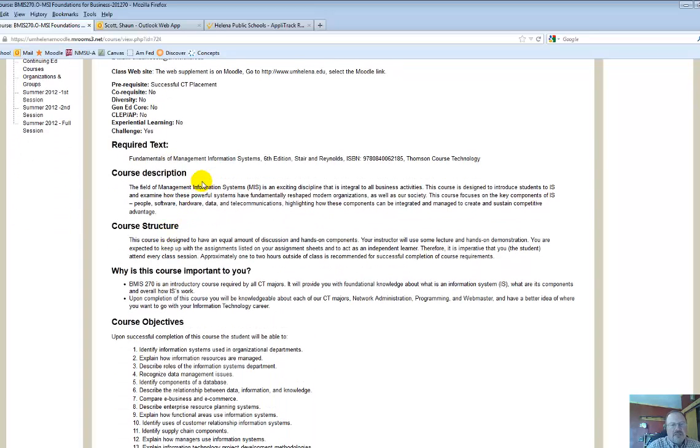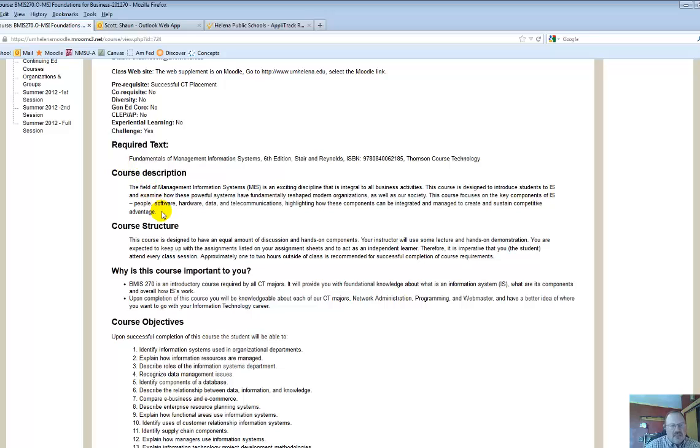The required text is Fundamentals of Information Systems by Starr & Reynolds. And as I've shown, this is a small, brief version. I think it's probably way too expensive as is, but it's less expensive than the bigger texts. With this smaller text and the type of experiential learning that's occurring here, where you folks are going out and doing research and doing group work, you're communicating,